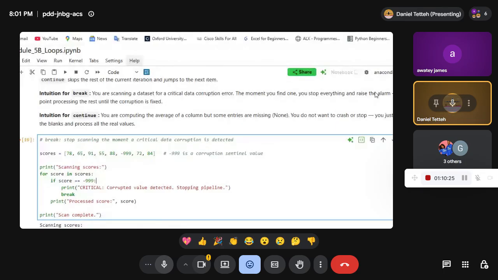You can correct it from your code, or you can also write if score equals to this, instead of breaking it, maybe you can correct it. That one you will not use the break. So if score equals to this, maybe change it to something. For instance, let me just comment this so that it does not run. If score equals to this,